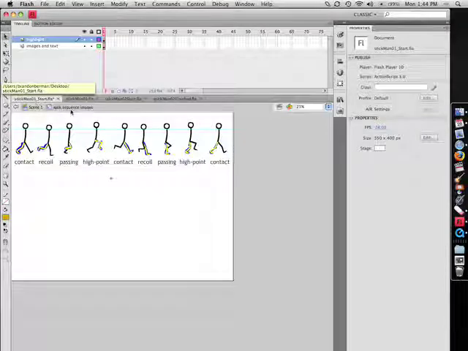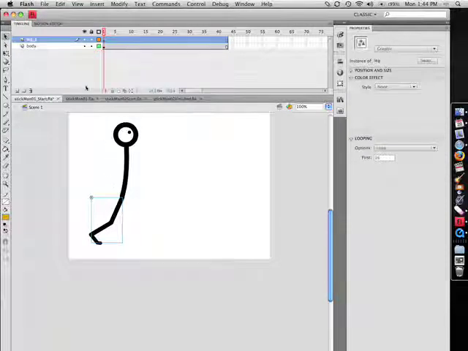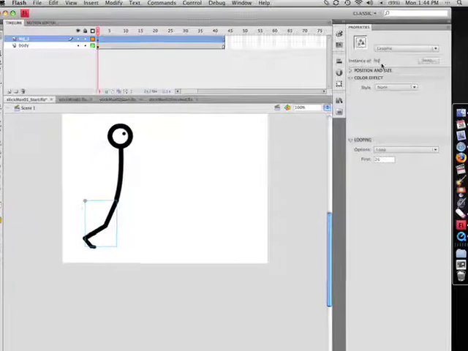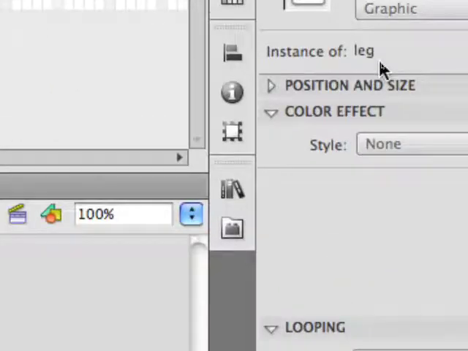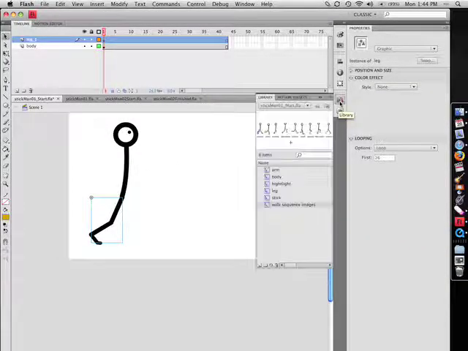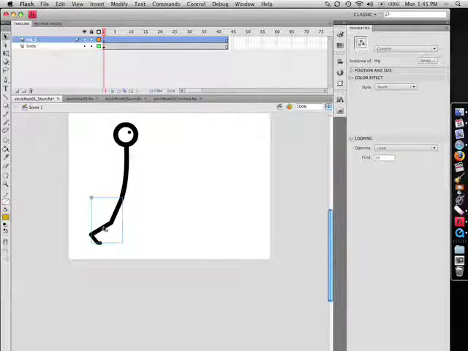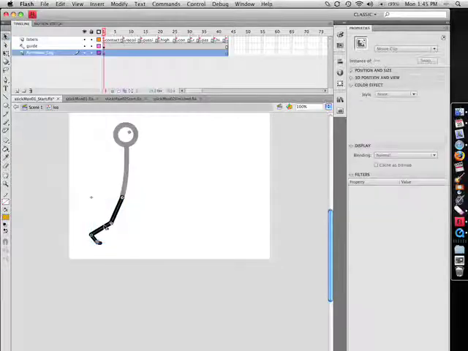If we go to the Stickman01 and then creating the legs part here, notice that there's a leg on the layer. If I take a look at what it is, it's an instance of the graphic symbol leg. It could also be a movie clip. If we look, there is leg in our library. It's actually a movie clip, but I set it over here to a graphic symbol so that we could create a duplicate, so we can have two legs and start the other one in the middle, because really you only have to do this once. So if we double click to go inside,